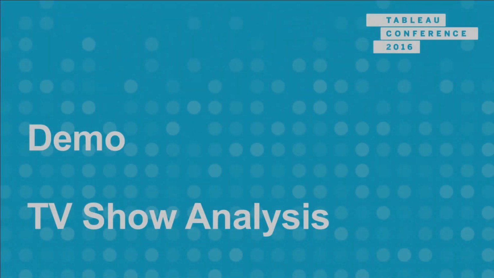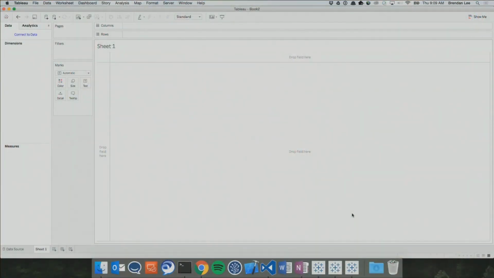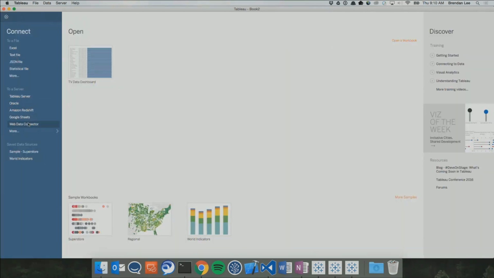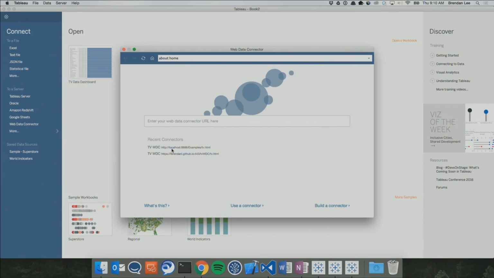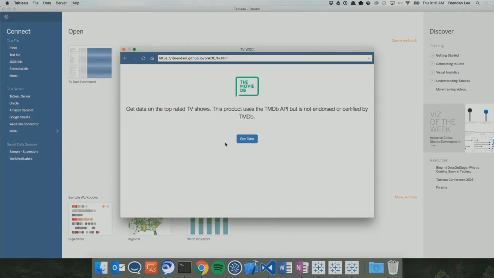And so I'm going to show you what we came up with, right? As I said, after I got my email at 9 in the morning from my buddy Brendan, he went straight to work to put something together for me. And what he did is he sent me this great URL here. You'll see this down at the bottom. So here's my URL, right? Localhost, blah, blah, blah, which is kind of cool. And he said, put this in the web data connector and go have some fun. I said, great. So I selected that. There we go. I'll get it in a minute. And I got this cool little splash screen.